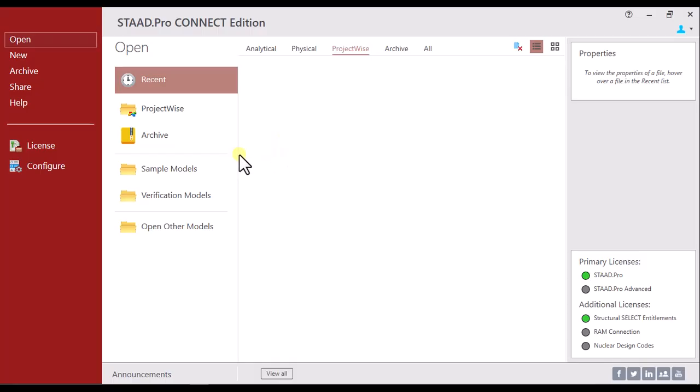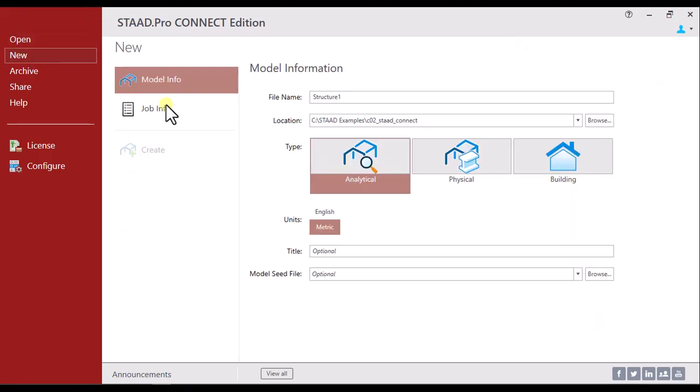Now, create a new file. To do so, go to New and the model information page will be displayed on the right. In the file name edit box, write C02 STAAD Connect Example 9